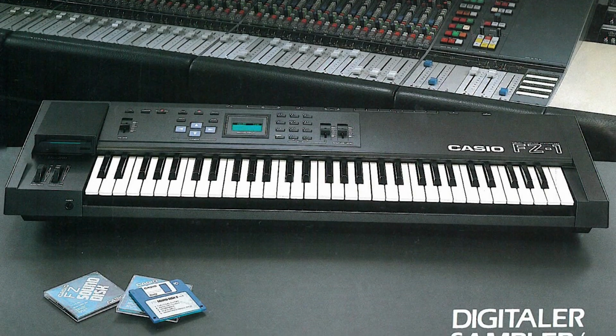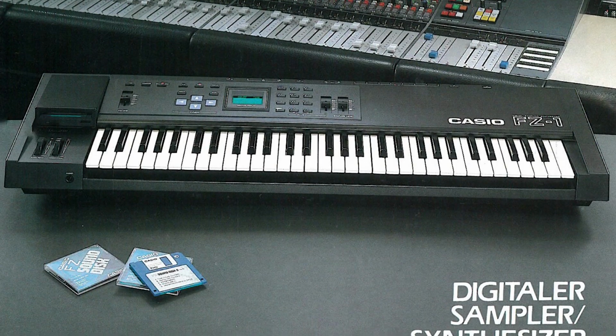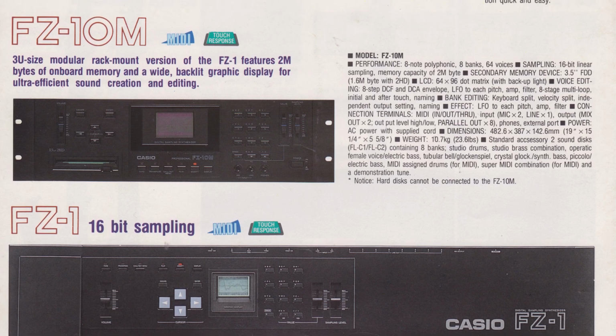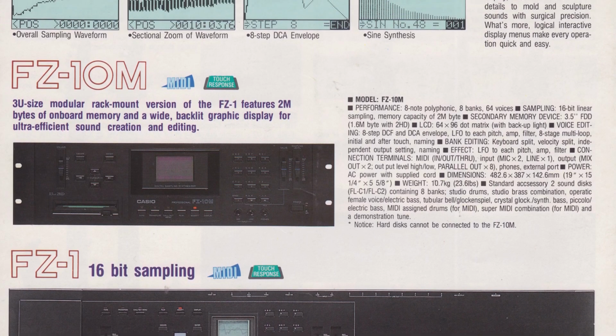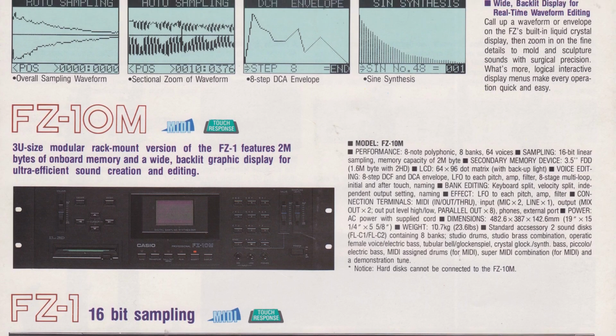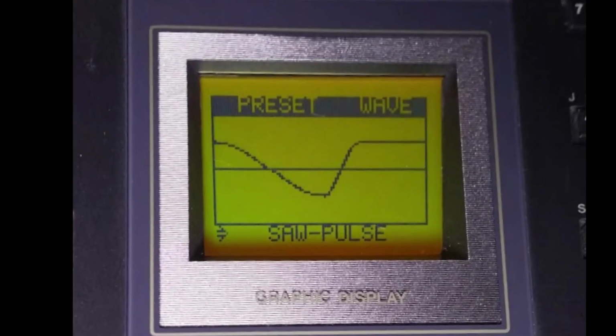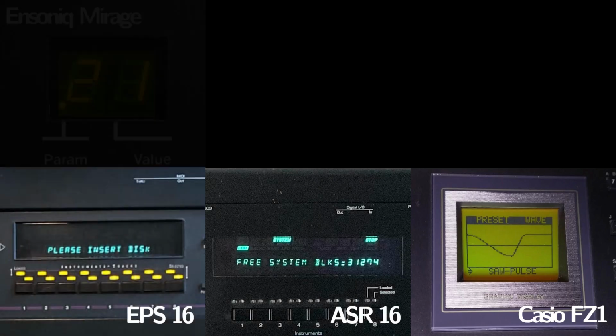For a machine from 1987, let alone one that was considered a budget or poor man's sampler, the FZ1 comes with quite extensive on-machine editing capabilities. You really can't call it convenient or easy to use from today's perspective, but back in '87 the graphic display and the tools provided must have been awesome, as they probably made editing feel a lot less cryptic than on